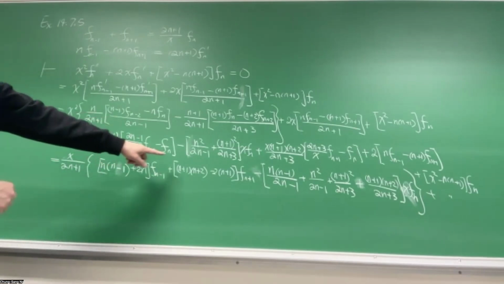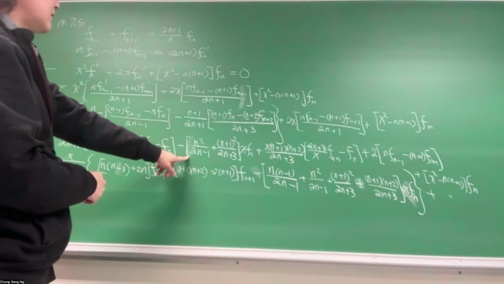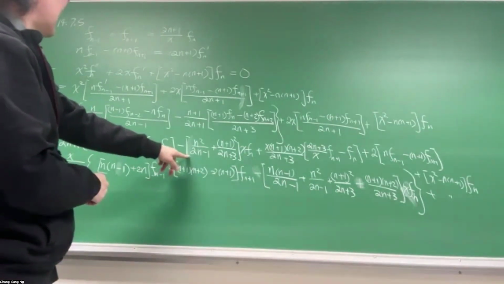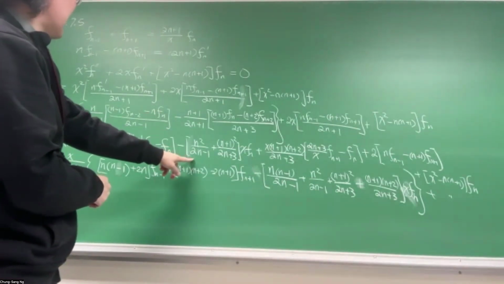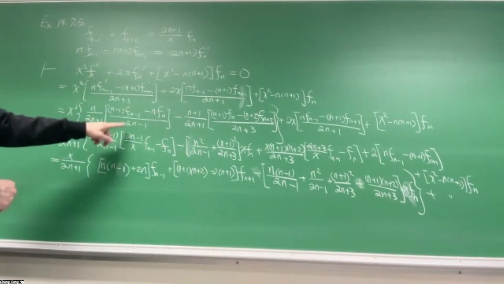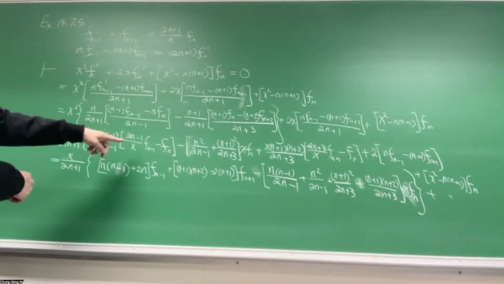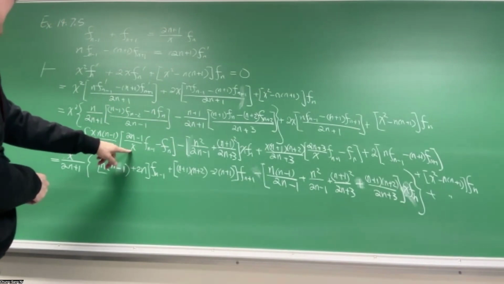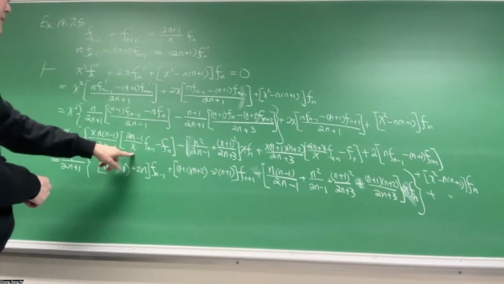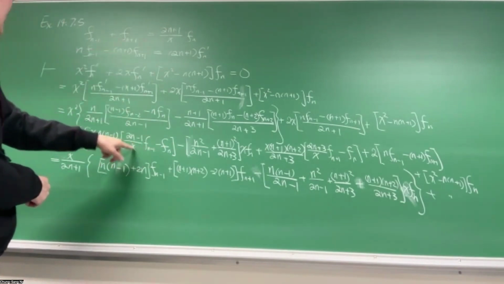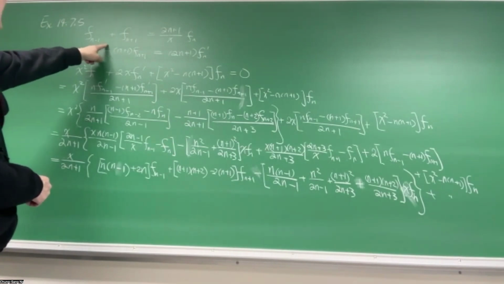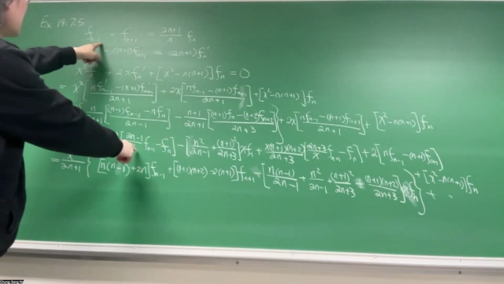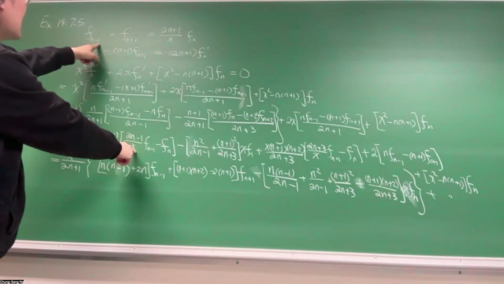Where did I get this one? How did I get this one? Oh, just combining the two. This one is coming from shifting this one using this one. So let's see if I shift it correctly. So n plus n minus 2